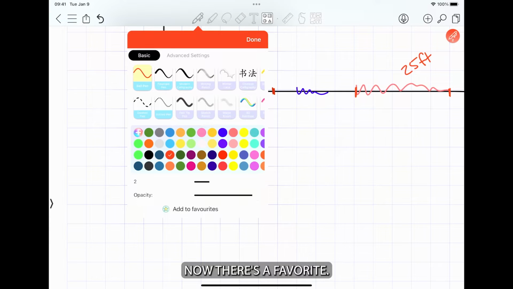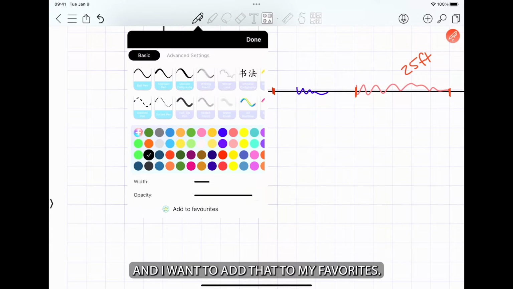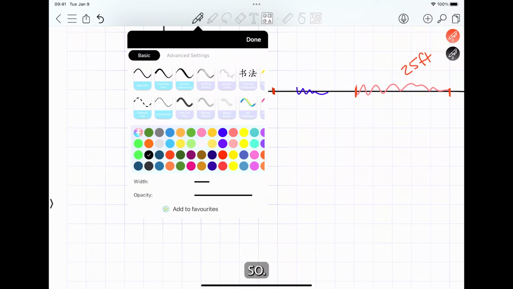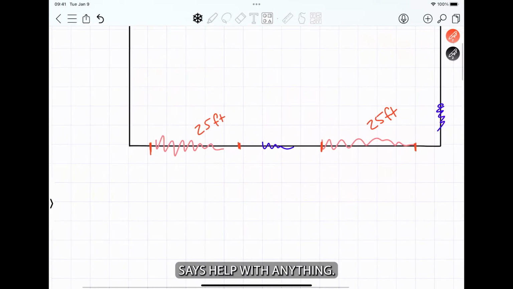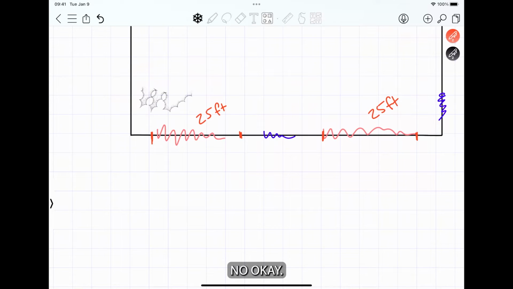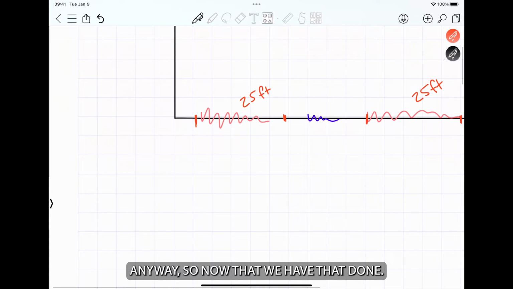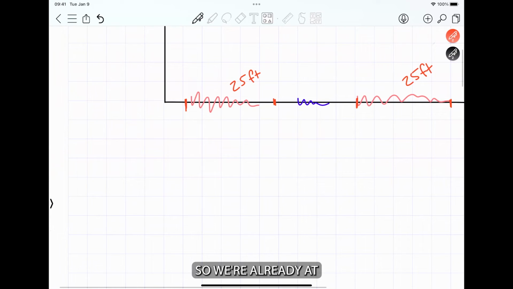Okay, now there's a favorite. And I want to add that to my favorites. So, what it says. Does this help with anything? No. Okay. Scratch that. Okay. Anyway, so now we have that done. So we're already at